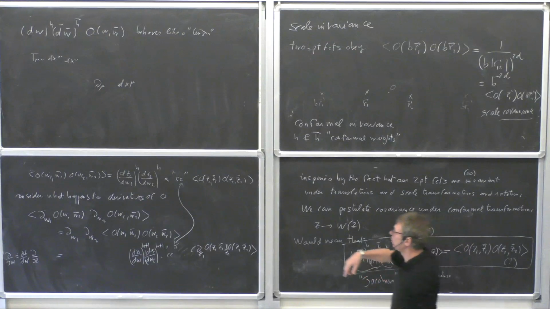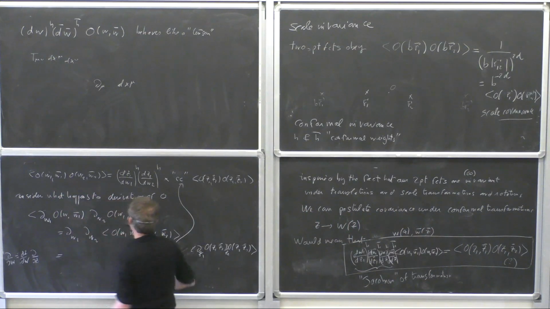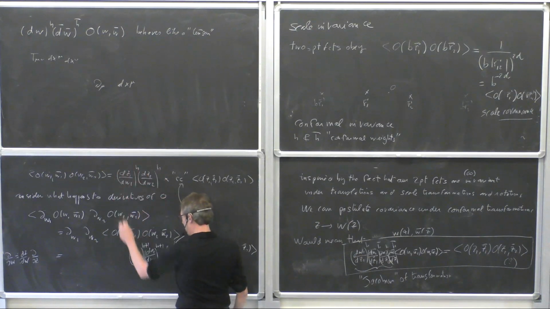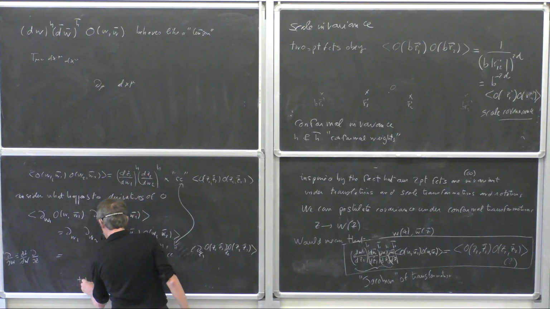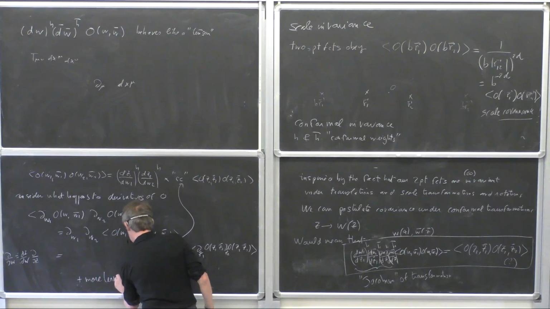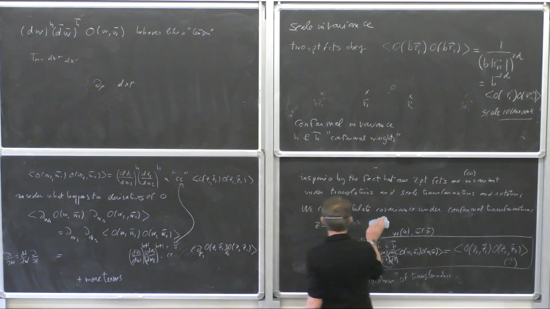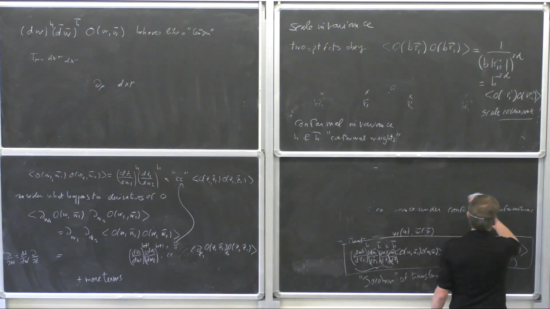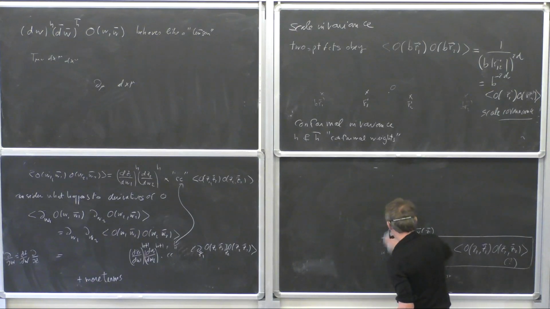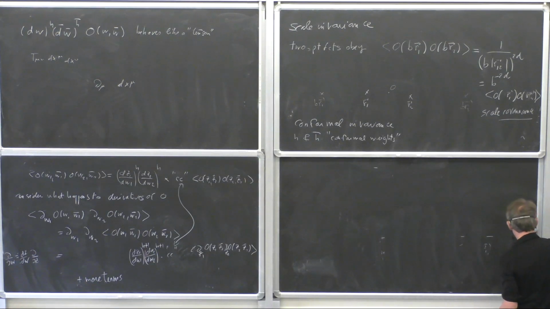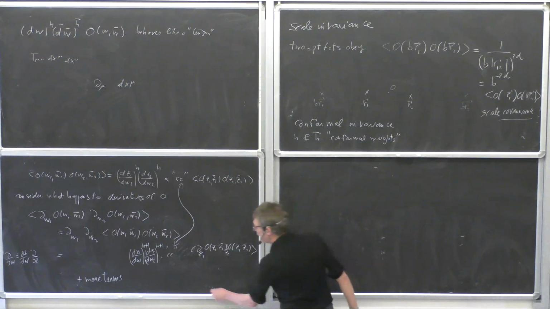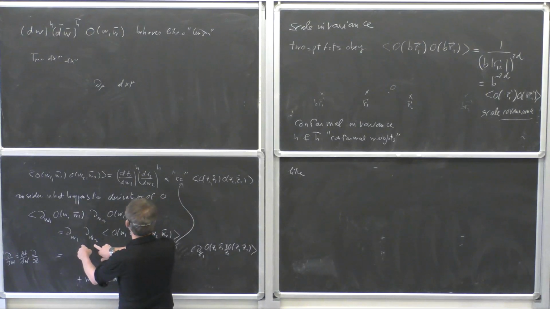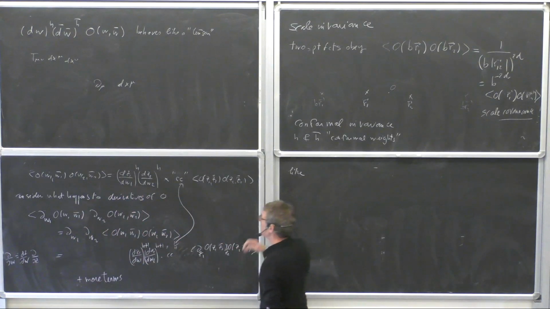So that's fine. It looks like the kind of term I would want to have. But the problem is when you calculate the derivative of the left-hand side, you have more terms. You also have terms when you take derivatives of these guys. So there are more terms. For instance, another term is obtained if you take dw1, dw2, not of the correlation function, but of the Jacobian. So if you do this, you get another term like, so now again I act with dw1, dw2 on the right-hand side. So I get also